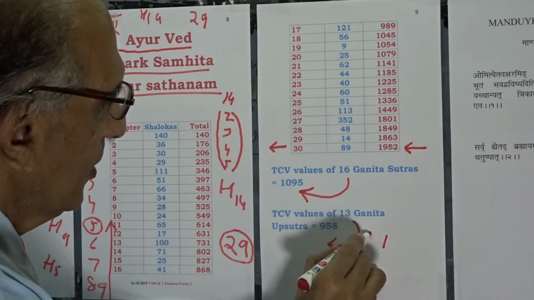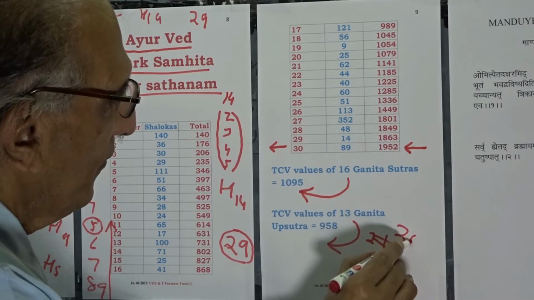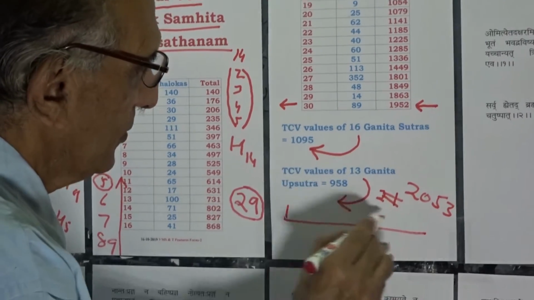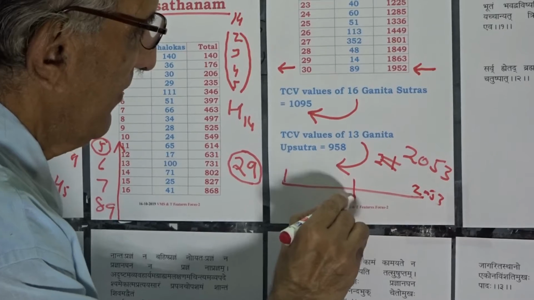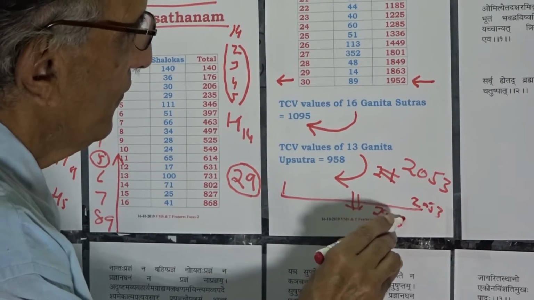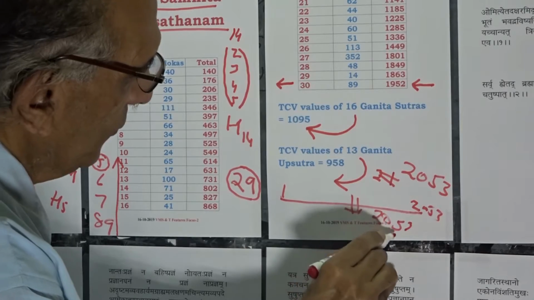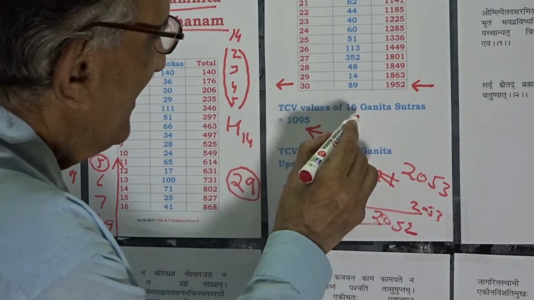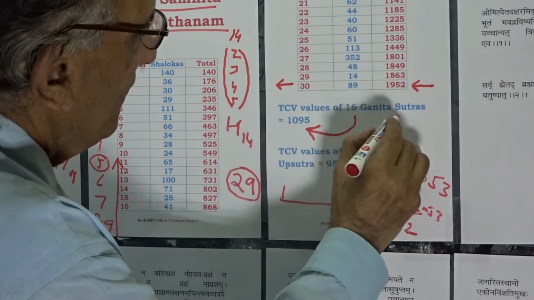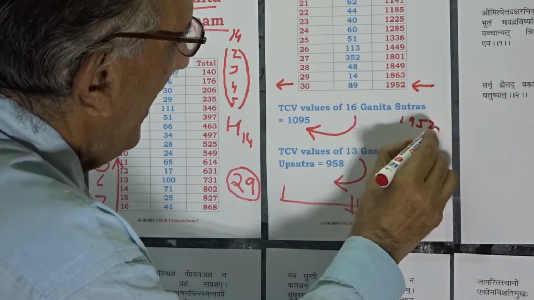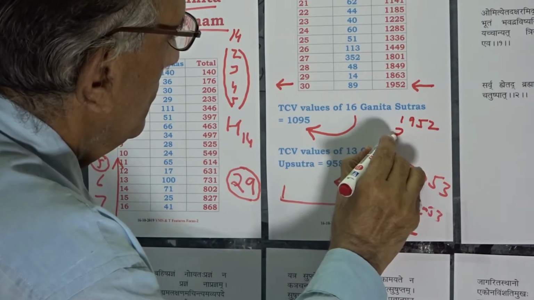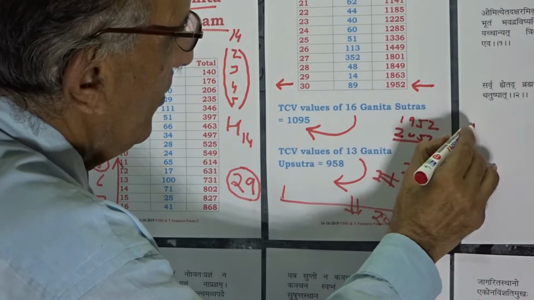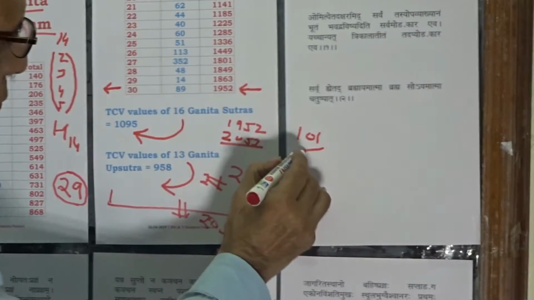Total it makes us 2053, and we know that a range of values 1 to 253 will be having precisely 252 gaps. Now this difference of value of 1952 and 2053 as value 101 leads us to 101